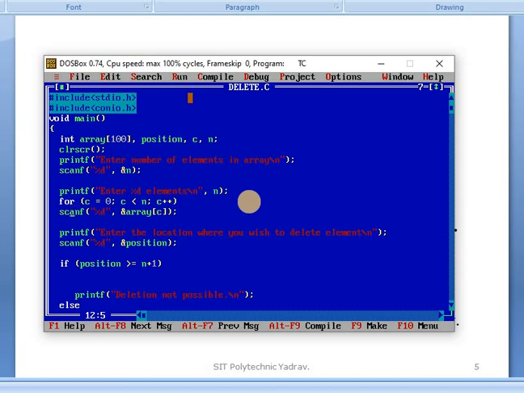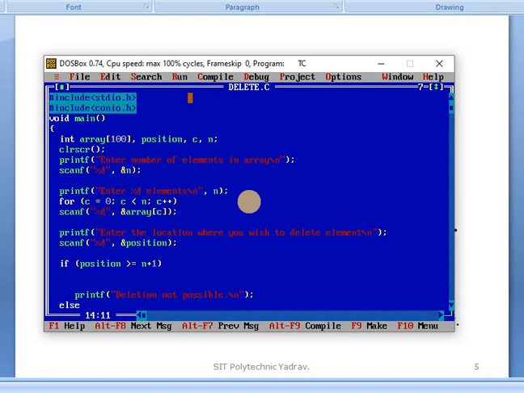Okay, this loop is only to input all the elements of an array. c = 0 means c is a variable initialized to 0. After that, c < n, and after that c++ is the increment operator. In that, array of c means positions of the array are stored starting from position 0, so 0, 1, 2, 3, where values are stored one by one. %d is used because we are given integer numbers.